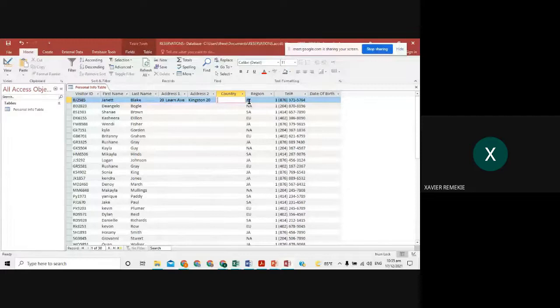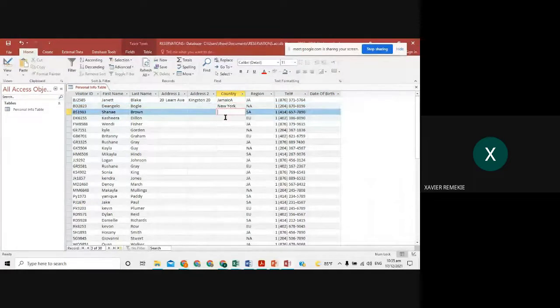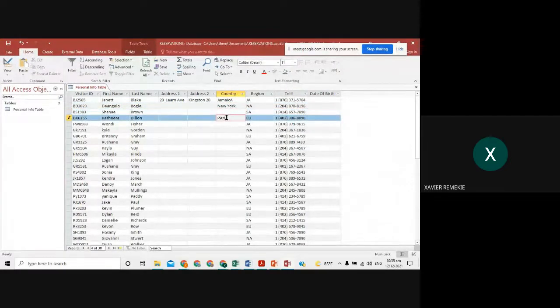For the country, you know that if it's Jamaica, you call that local, so you have to put Jamaica. Where it says North America, just put in any North American place that you know. For South America, put in a South American country, and for Europe, put in any European country that you know. Things like that. It doesn't have to be anything specific, but just make it as realistic as possible. All right, and it will populate this table. So when you're finished,